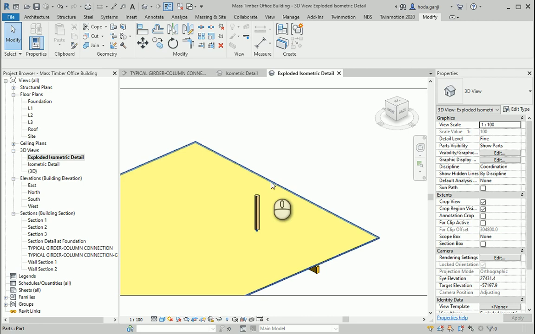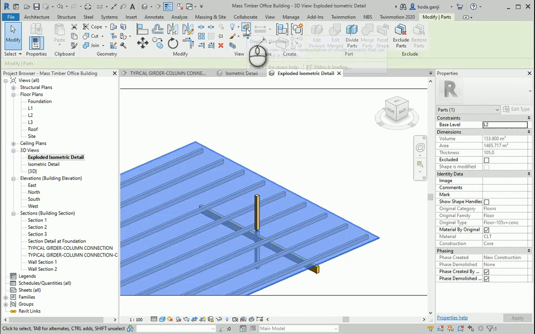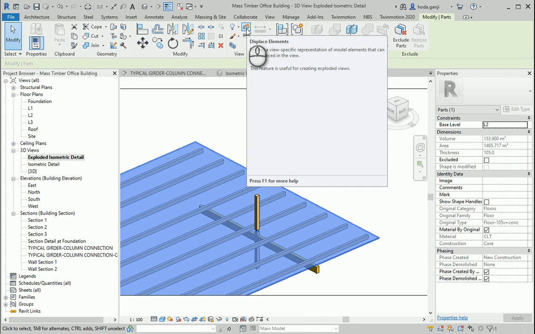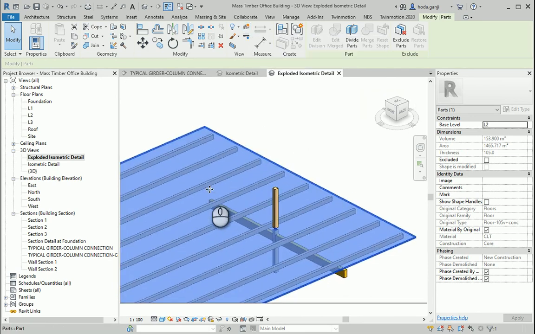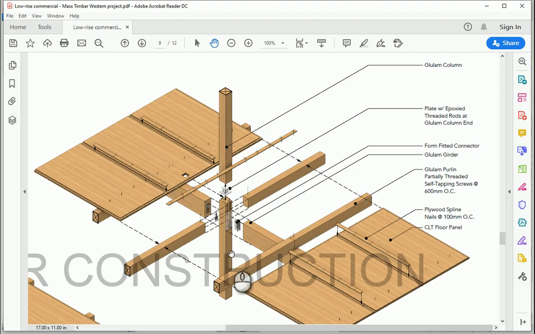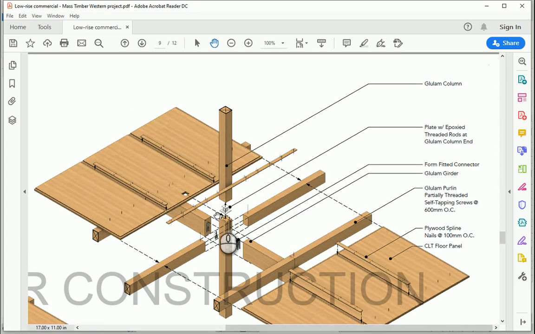The way to do this in Revit is using this option at the top, which says displace element. Do not manually move the objects, okay? If you use displace element, it's going to seem like everything is moved, but actually it's not. Okay, that's the way to go. So let's start with the column. We need to move the column parts a little bit higher and maybe a little bit lower, or maybe only a little bit higher, because we need to keep a base somewhere.